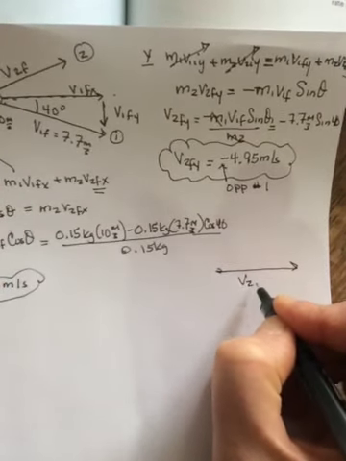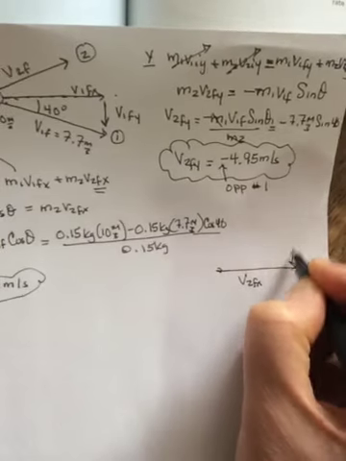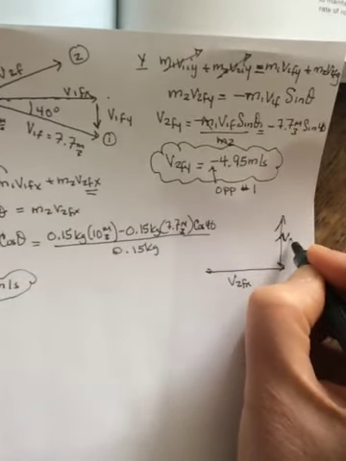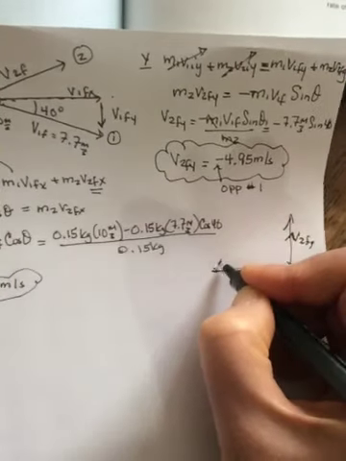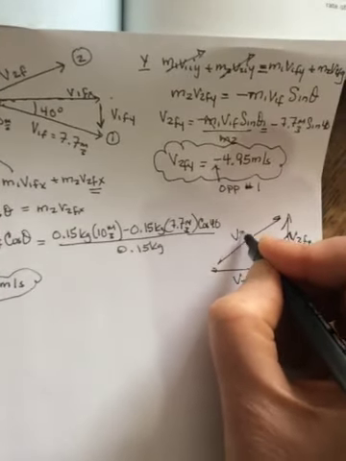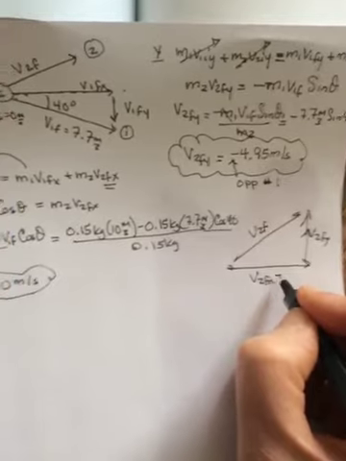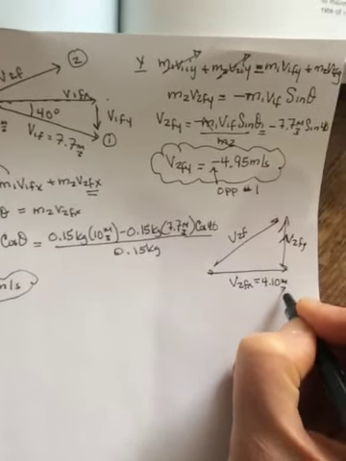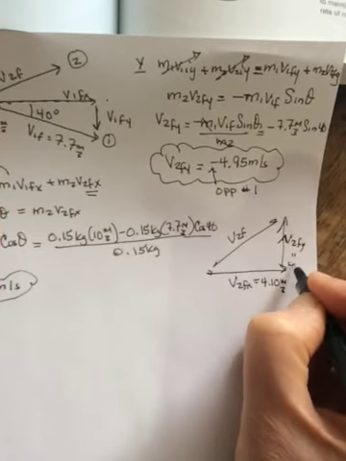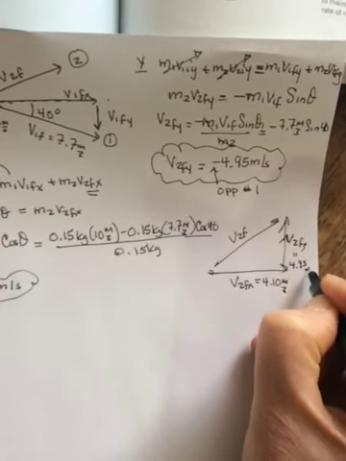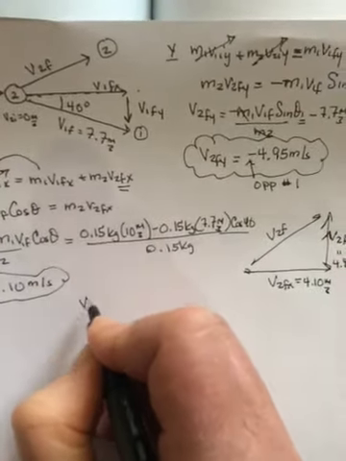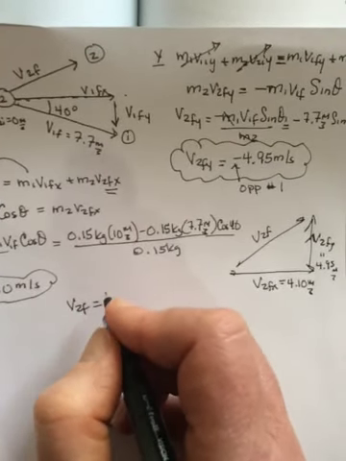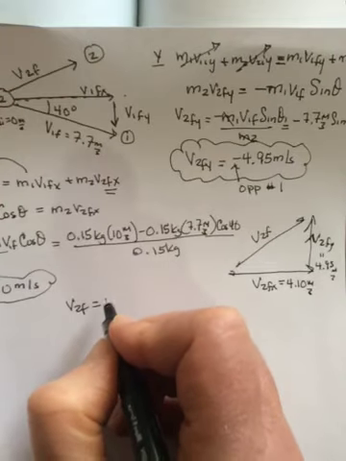This will be your v2fx, and this will be your, should be a little longer, v2fy, and so this will be your v2f. v2fx was 4.10 meters per second. This one was 4.95 meters per second. Square them, add them together, take the square root, and get a v2f of